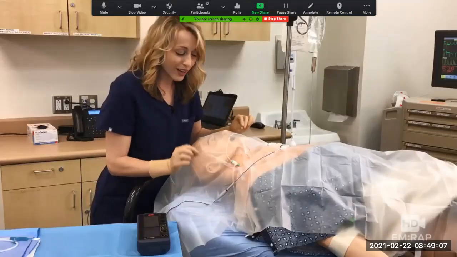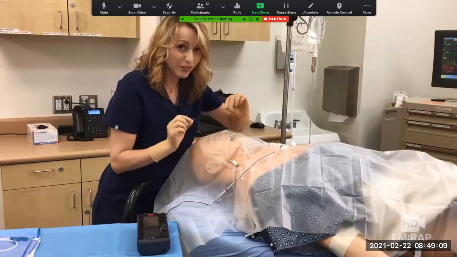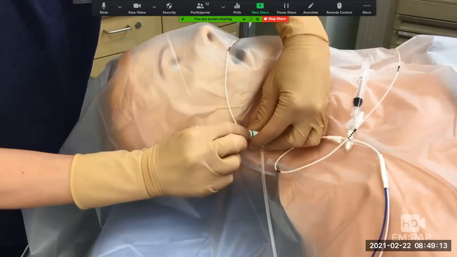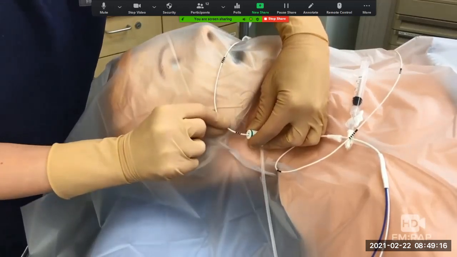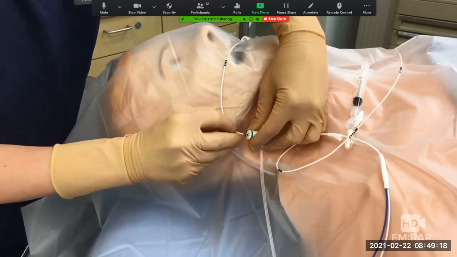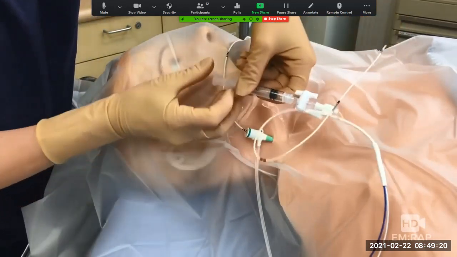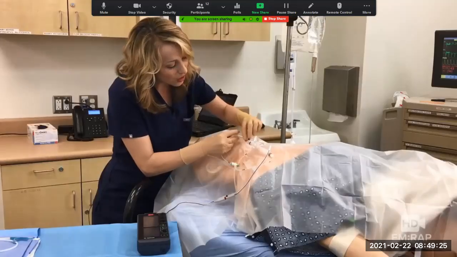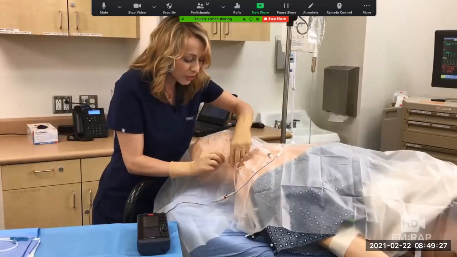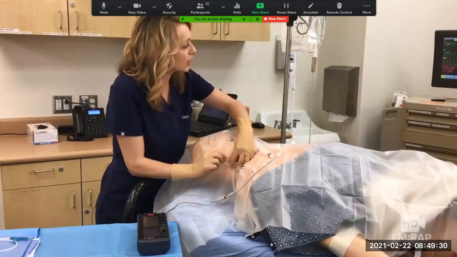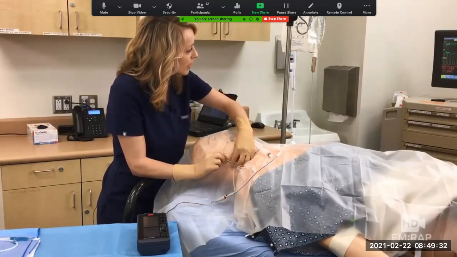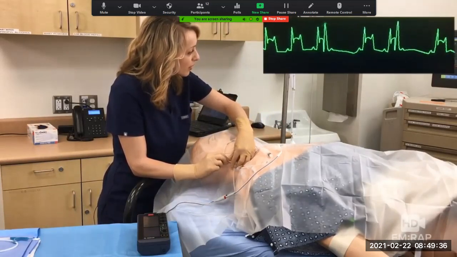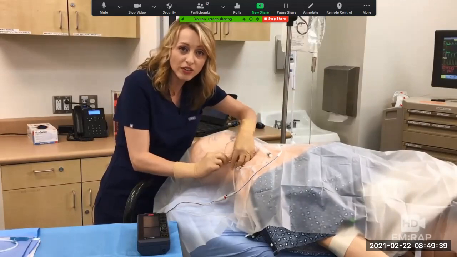Now we're going to insert the wire a little bit further so that we can float the balloon in. So we're going to push that wire down to the 30 centimeter mark, which of course is indicated by the 3 black lines on the pacing wire. Now it's at 30 centimeters, and I'm going to go ahead and inflate that balloon. And now, probably another 5 centimeters or so. And as I do this, I'm looking at the cardiac monitor, and I'm looking for that injury pattern that looks like a STEMI in lead V1. That's it right there. And you could confirm this on ultrasound if you have it.